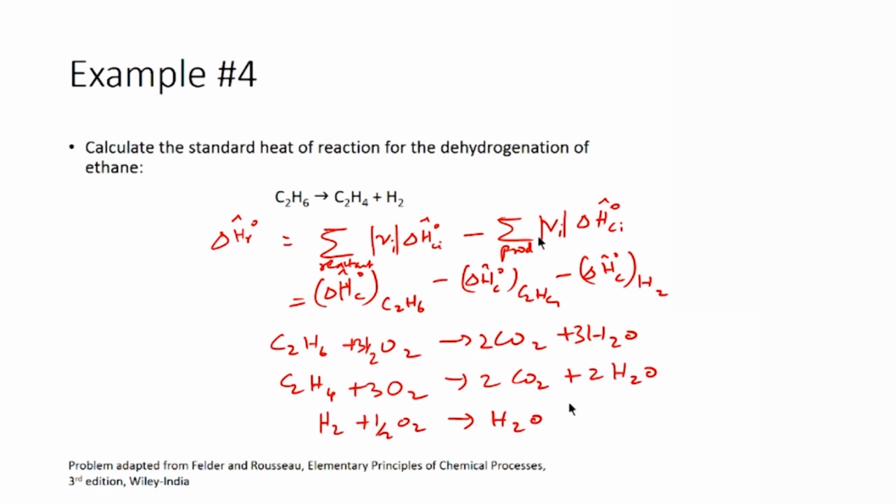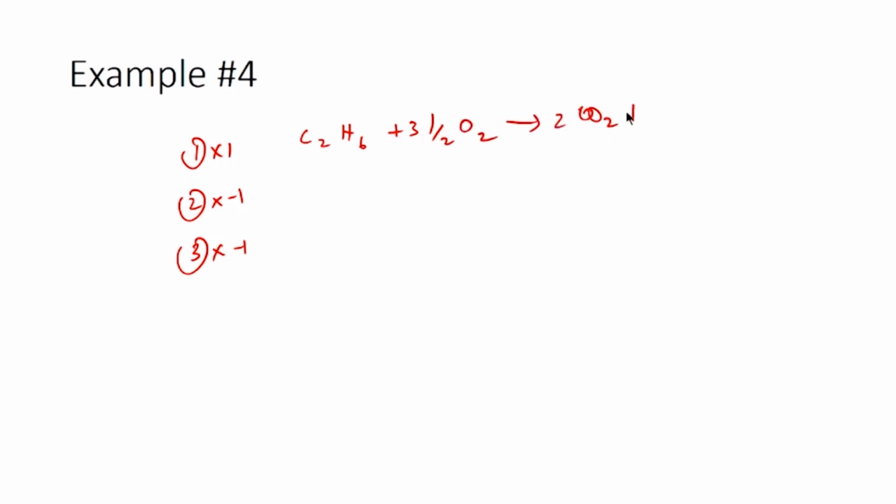So, to get this final equation, we have C2H6 on the reactant side, so you can have reaction 1 as such. In the second equation, we have C2H4 on the product side, so we will multiply this by minus 1, and the other one we will again multiply by minus 1, so that the hydrogen goes to the product side. So, what you would have is equation 1 times 1, equation 2 times minus 1 and equation 3 times minus 1 as the operations, so that we get the combustion equations as C2H6 plus 3.5 O2 gives 2 CO2 plus 3 H2O,